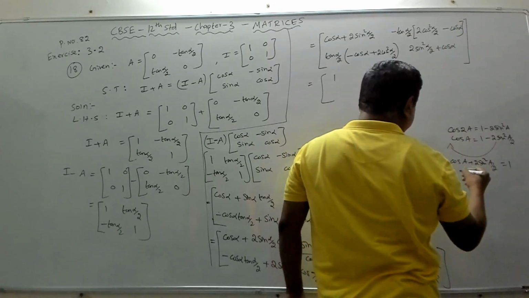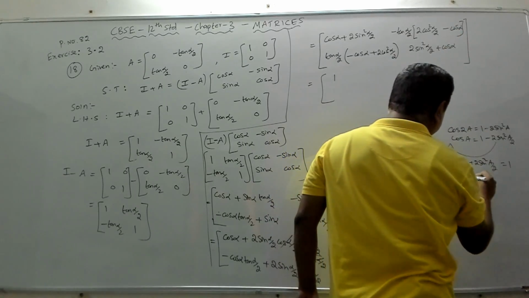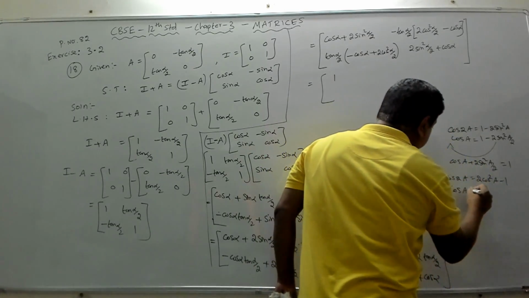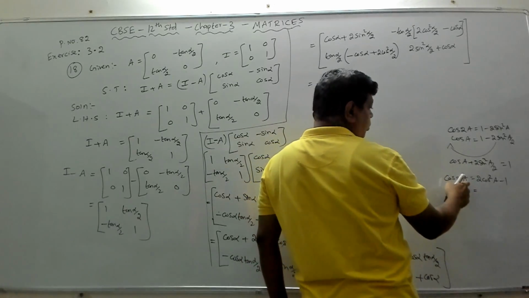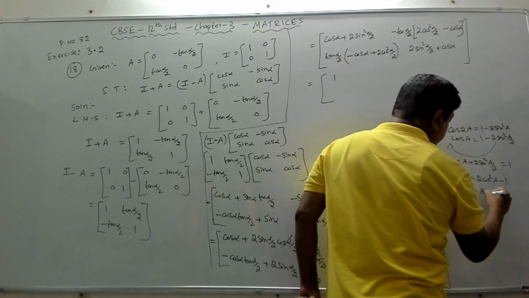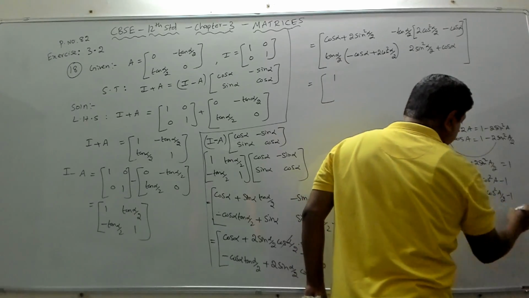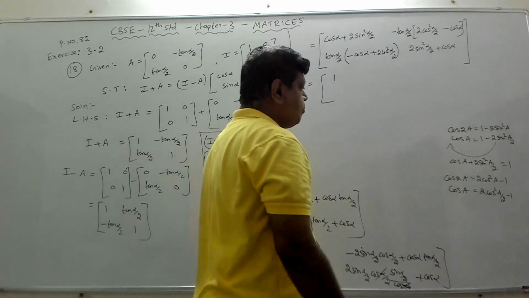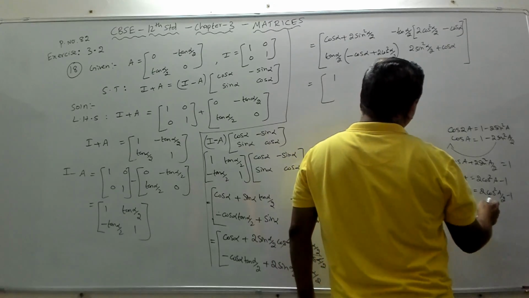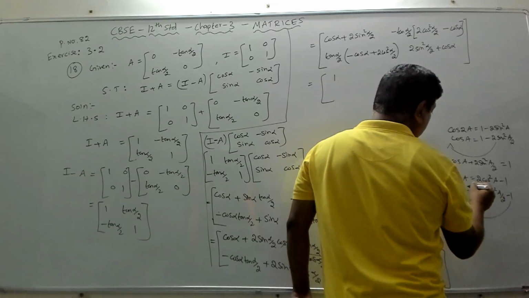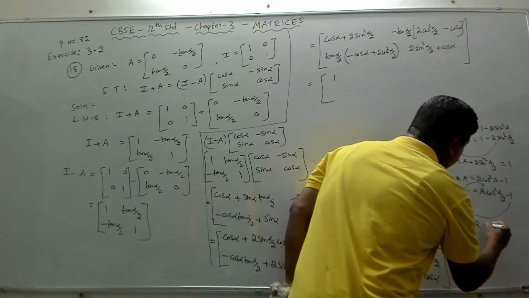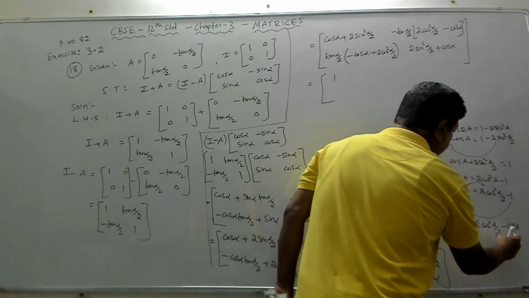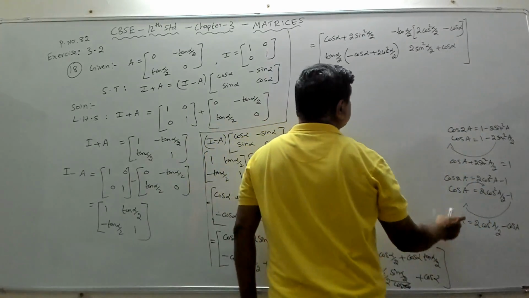Similarly, for the value of 2 cos square alpha by 2 minus cos alpha, we have to use the other formula. We have one more formula for cos 2a, which is 2 cos square a minus 1. So if I write a instead of 2a, this will become 2 cos square a by 2 minus 1. Whenever it is 2a, I will get a. If it is a, I will get a by 2. Now this 1 comes here and cos a goes to the other side, so I get 1 is equal to 2 cos square a by 2 minus cos a. So the value of 2 cos square a by 2 minus cos a is 1.